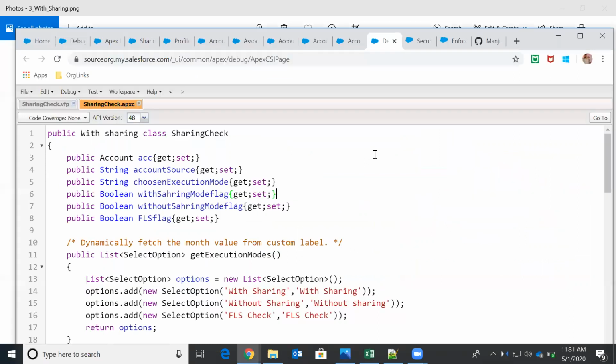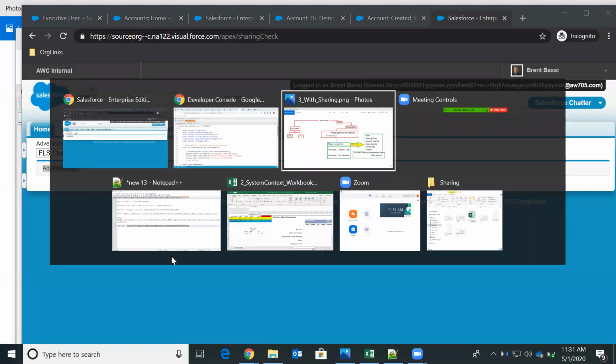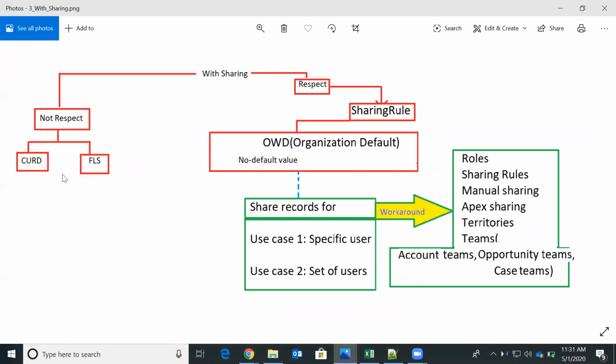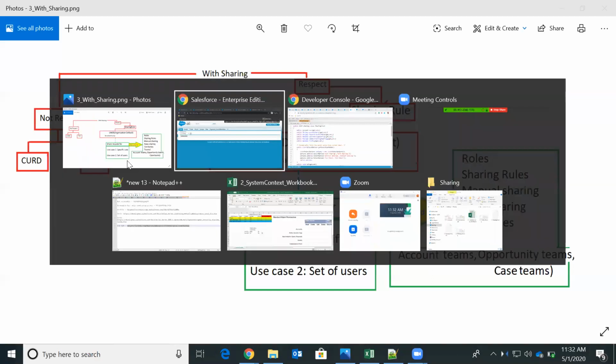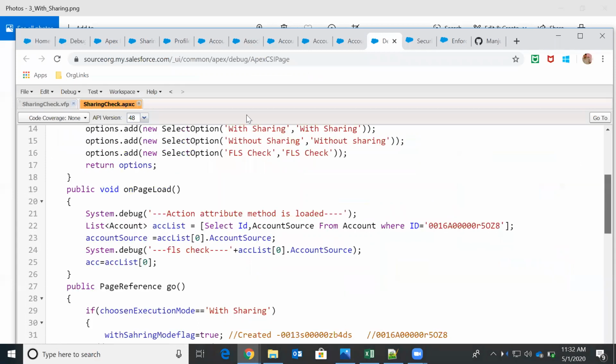So now let me go back to this. Still I'm not enabling any permissions. As we said, this will not consider CRUD and FLS permissions. It will assume that it has permissions, even though at the object level and profile level we don't have permissions. I have modified it as with sharing now, and I'm not enabling any permissions.